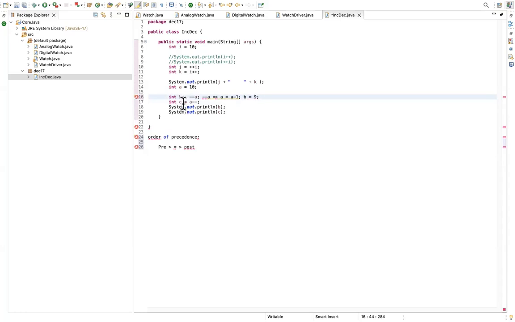And when it comes to this line c, assignment has more precedence compared to post decrement. So it just assigns the value: c is equal to 9, and then it does the decrement, a is equal to a minus 1. So a is equal to 9 minus 1, 8. If you print a after this, you will get 8. So you get how this works, right? Or still getting confused?